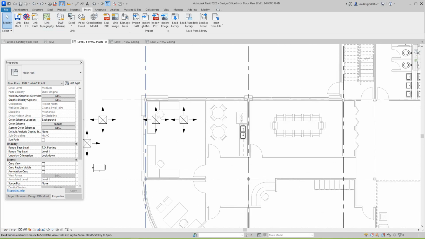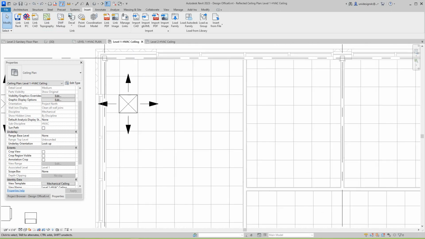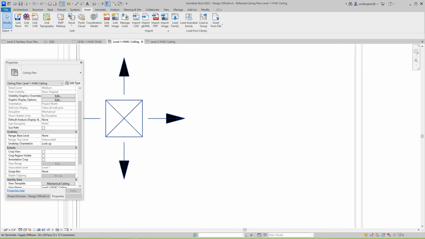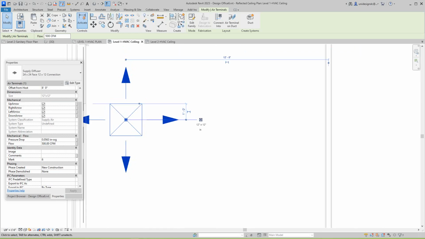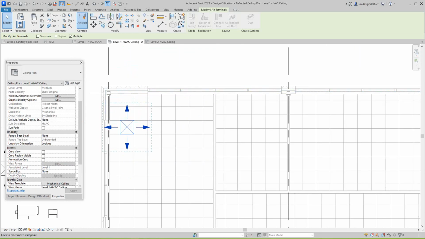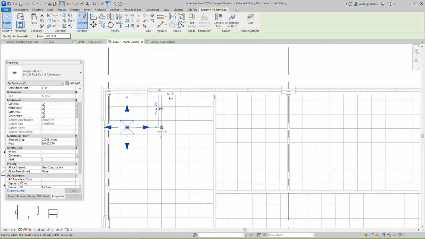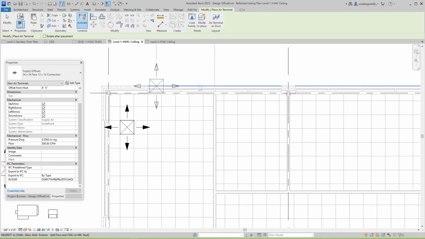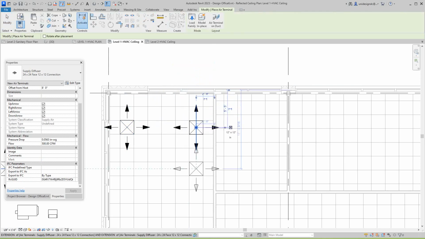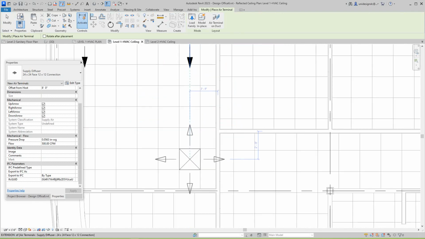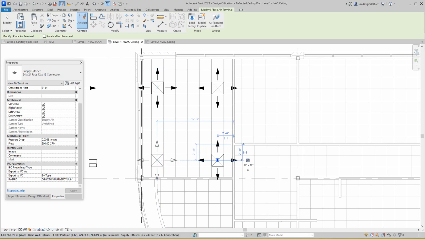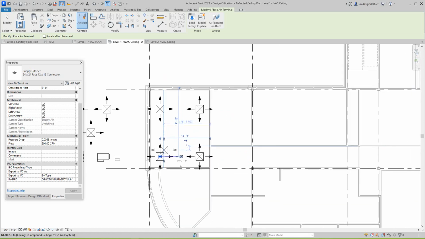Okay. Let me just delete these out. And these are just for my reference. This is level 1. If you seal it, it'll be level 1. So now, I'll just copy these guys through here. No big deal. Let's go basically, or you can go up here, Systems tab, Air Terminal, and just up in there, over there. So basically, lay these out,